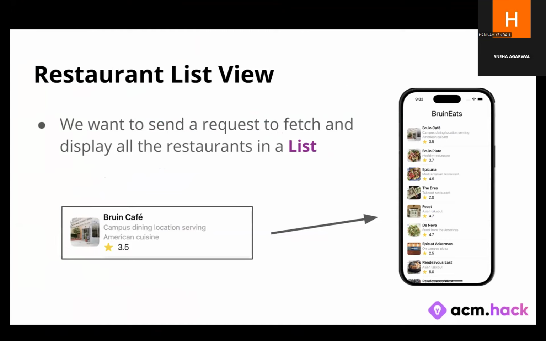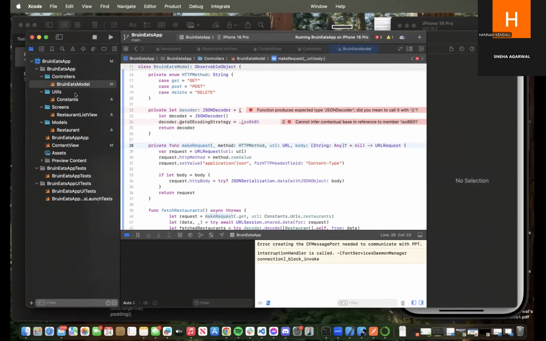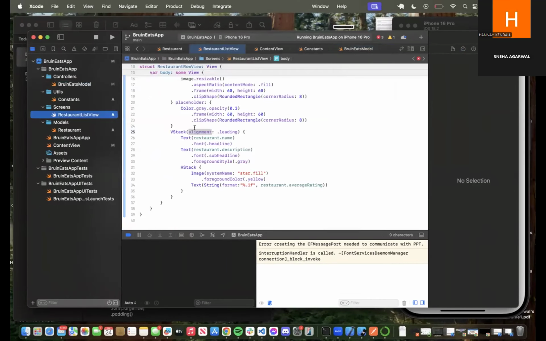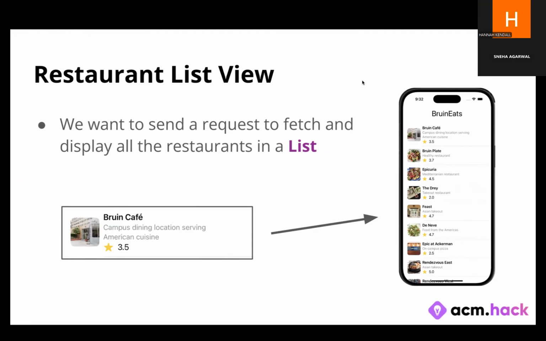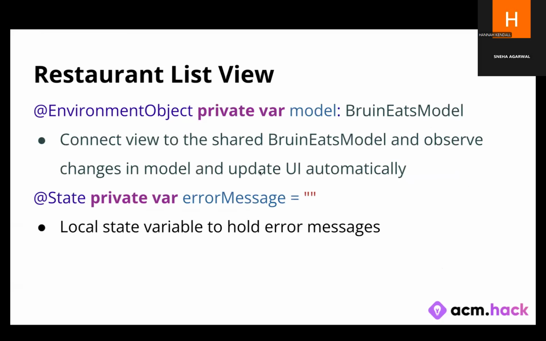Okay, so now that we have all of our architecture set up for our backend API and we have the methods that we want to be able to send our requests for, we're going to go back into our screens where our restaurant list view is and actually implement and use all the methods that we've created so that we can send these requests to be able to fetch and display all of the restaurants that we want in a list-like format like this. Okay. So going back to restaurant list view,